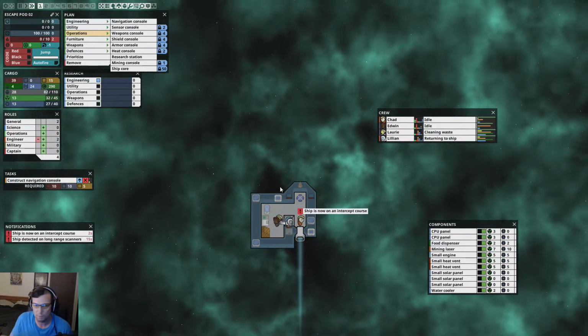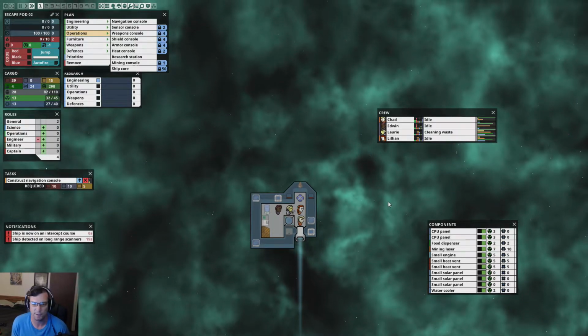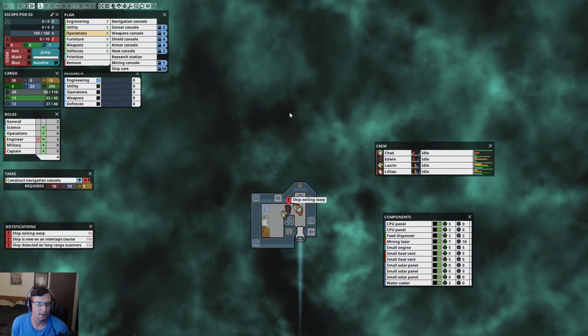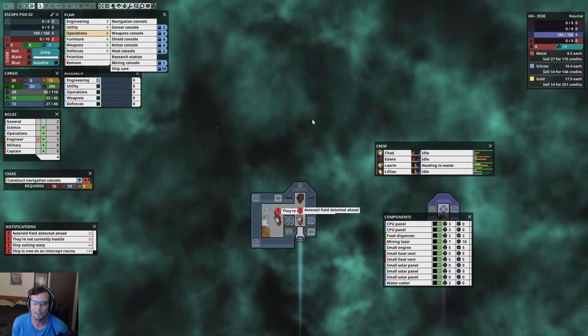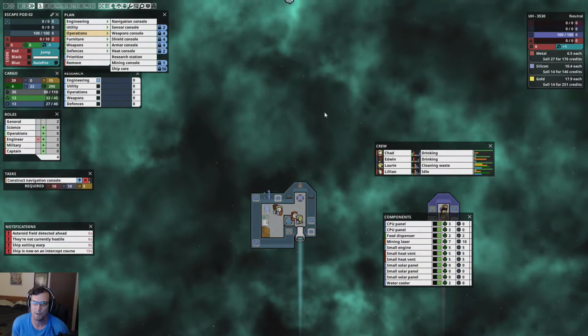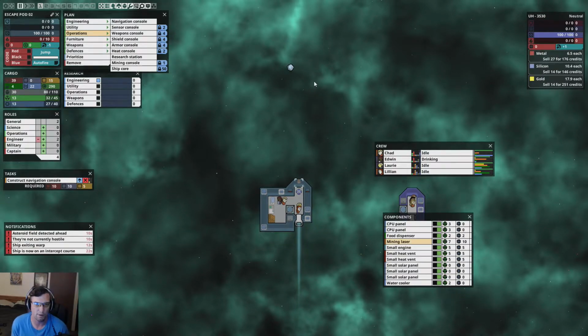We have a ship coming up on our long-range sensors, and now they're on an intercept course. I hope they're not hostile, because I don't know if we'll be able to jump. Okay, they're not hostile at all. We can sell them 27 metal, but we don't really want to do that. What we want to do right now is certainly get ready for the